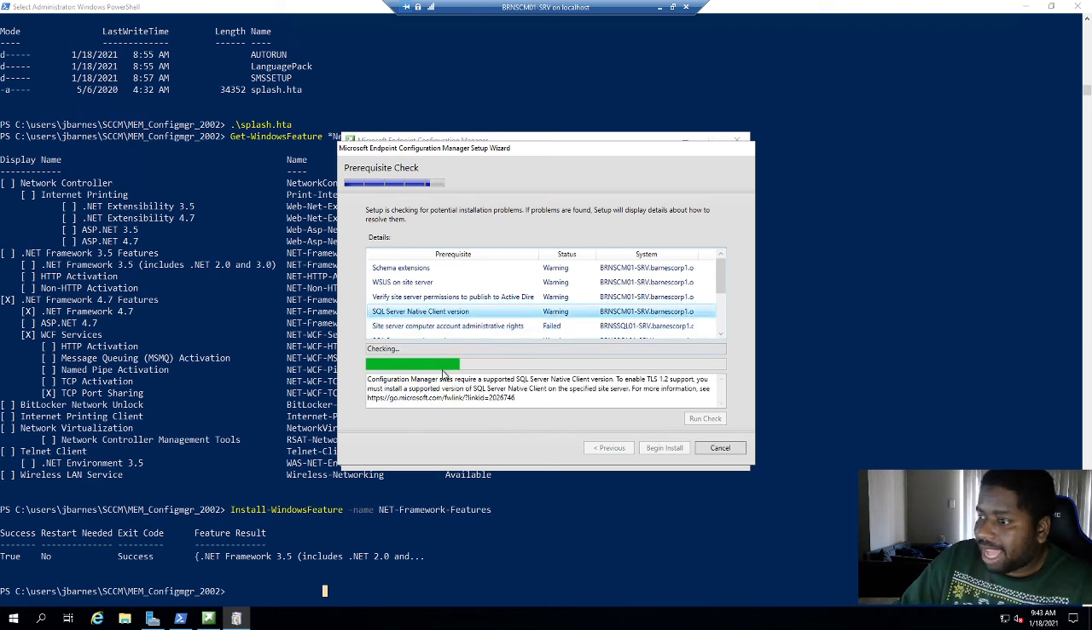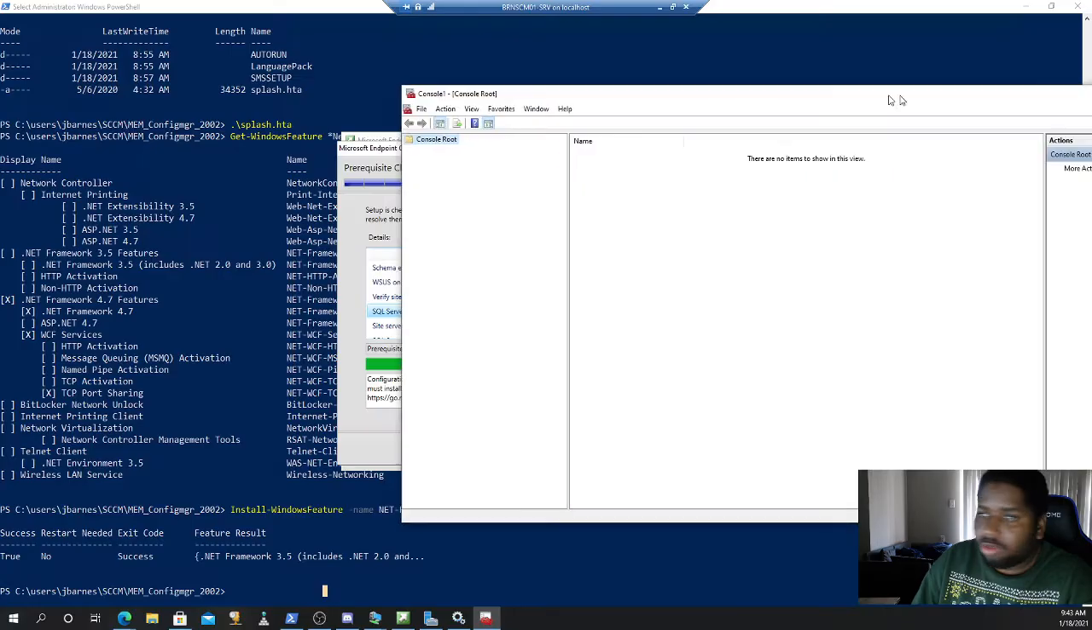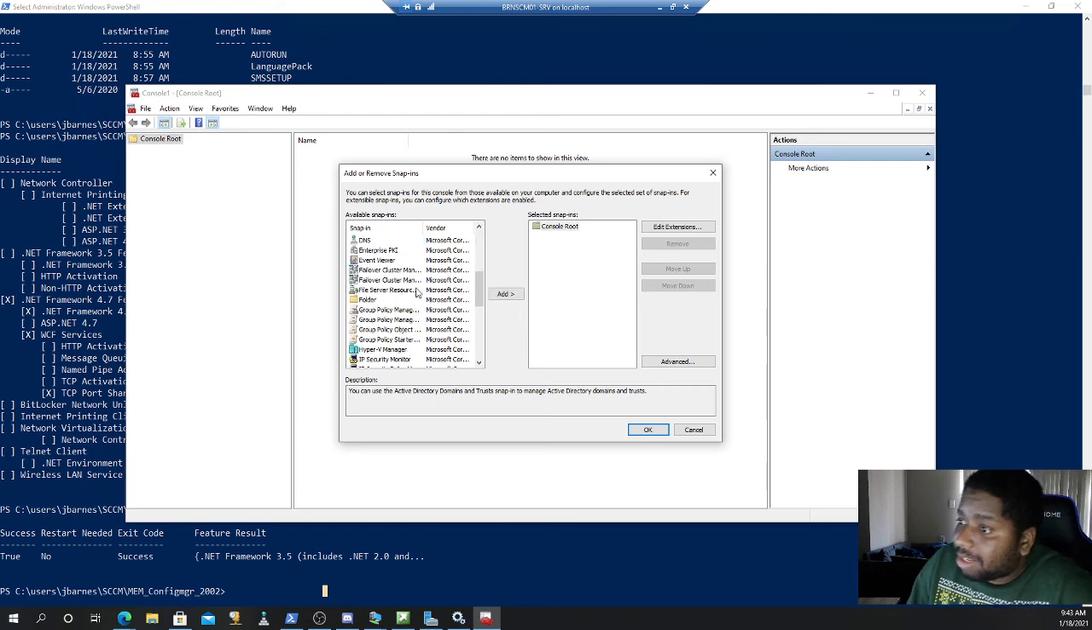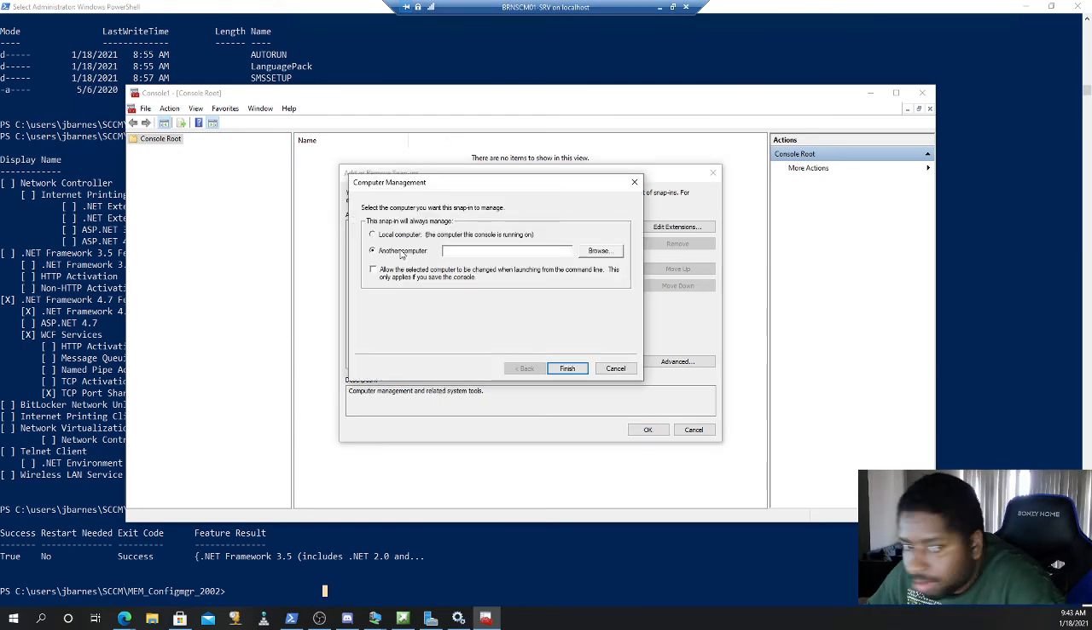Alright, so let's go back to that MMC that we had. We're going to try something a little bit different. What if I could run MMC? We'll bring this back over here, and go to add and remove snap-in, and look for, go back to computer management. And then on that SQL Server,